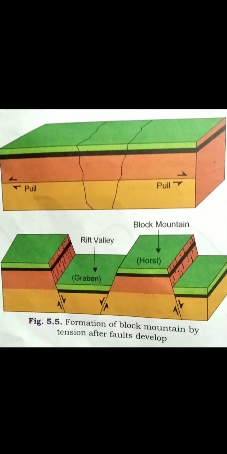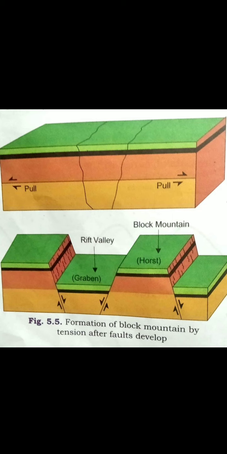We'll learn about block mountains. Now, see, if two land surfaces come towards each other, then we can see a fold. But suppose, can you see the diagram above, the pull is on opposite sides. What will happen? The middle land will fall down. If the middle land falls down, it will become a Rift Valley. And the upper part, which remained up on both sides, we call block mountains. It happens because of faults. So the forces of faults, or epirogenic forces, lead to the formation of block mountains.